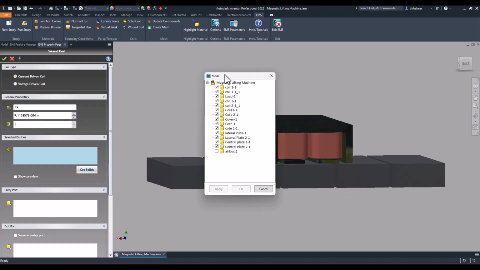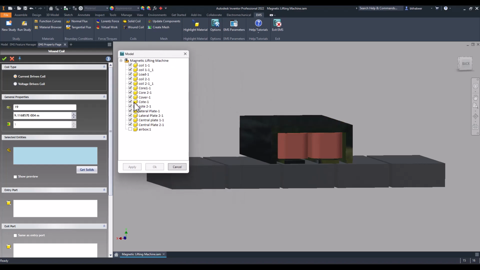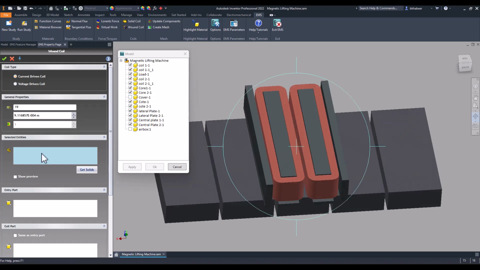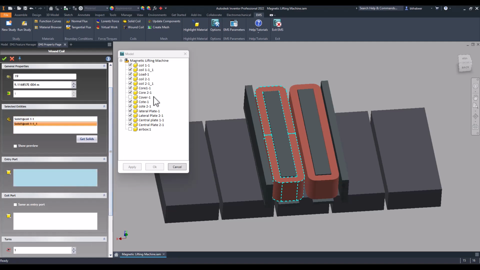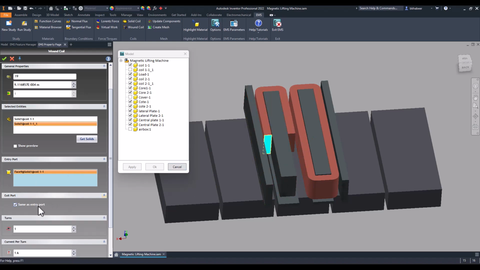This option can help you to show or hide while you do your selection. So I want to just hide this cover, so we can see the coils now. We select these coils, then select this face as an entry port, for example. You can see this is the entry port of the current. This is a loop, so it's a closed coil, so we need just the entry port, we don't need